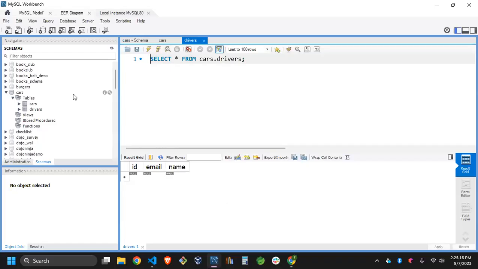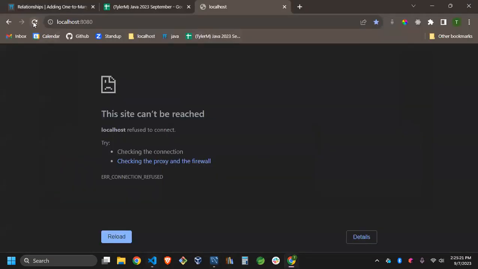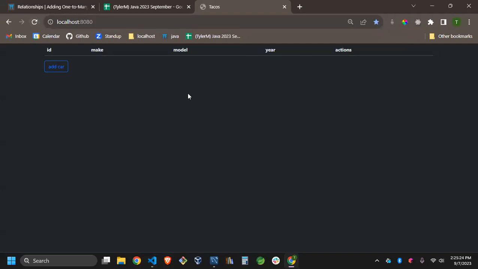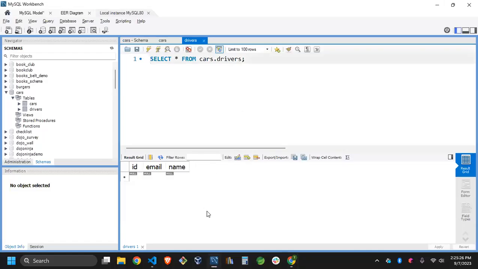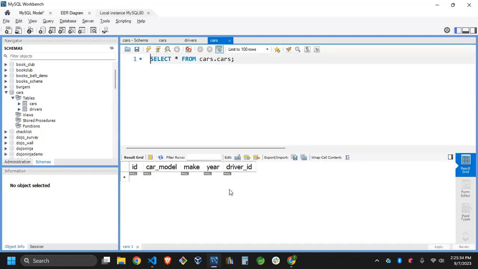Okay, I'm going to go to my database. Actually, before I do that, I need to refresh. Cool. My views are back. Go to my SQL and just verify that my database has been updated. So now my car has a model, car model, make, year, and then the driver ID. Okay. And then my drivers have just the name and the email. Okay. All right. I'm going to